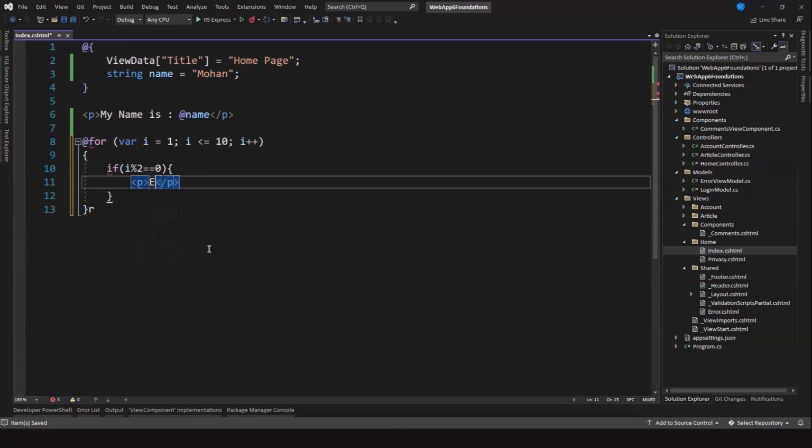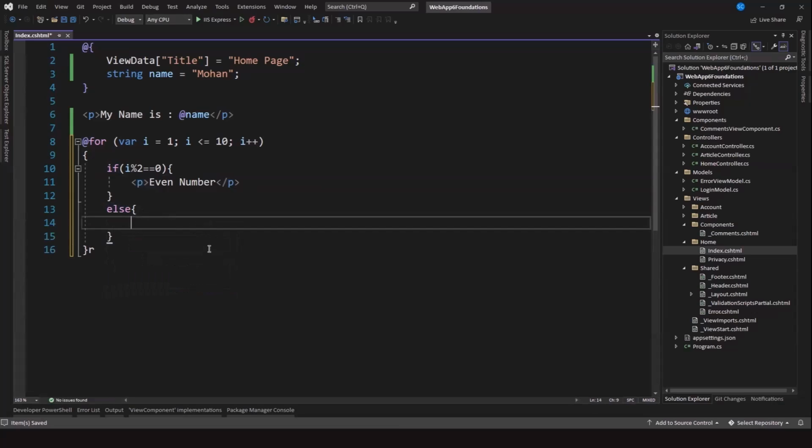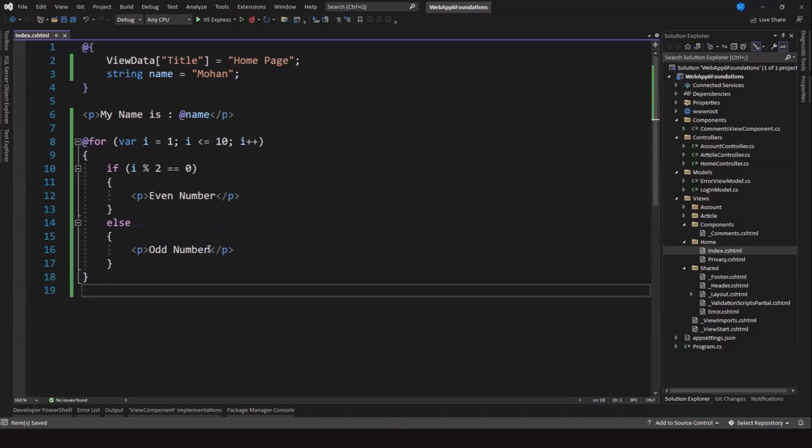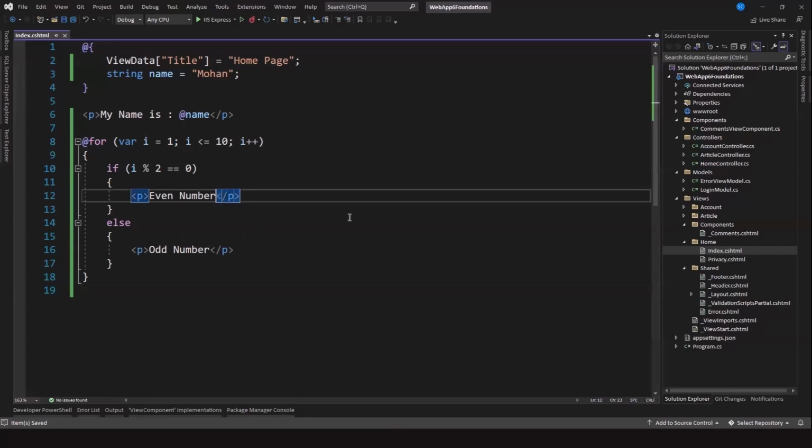So we have, let's say, even number. Then we have, let's say, odd number. So this way we can do things here. If you also want to show the number, let's say what the even number is, I can put it using @i,